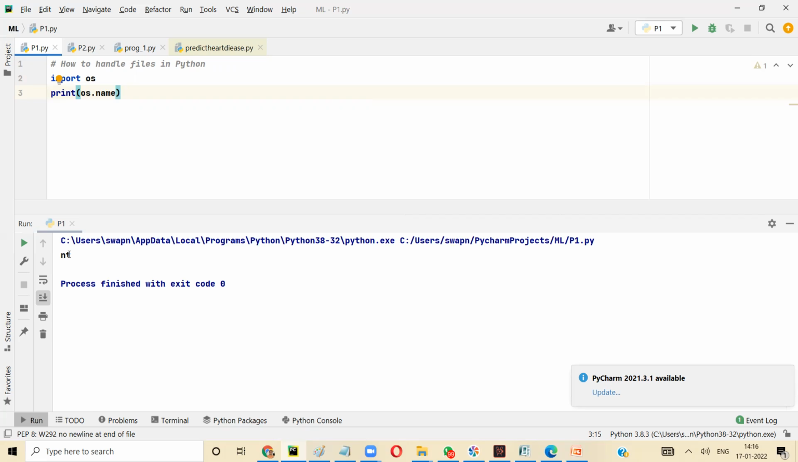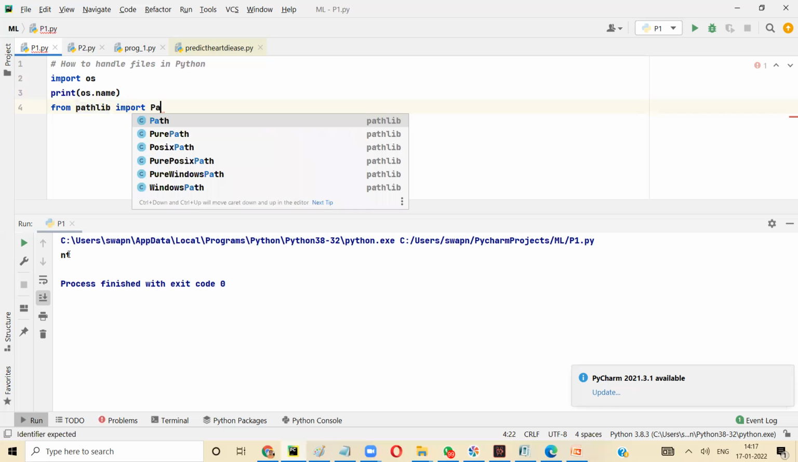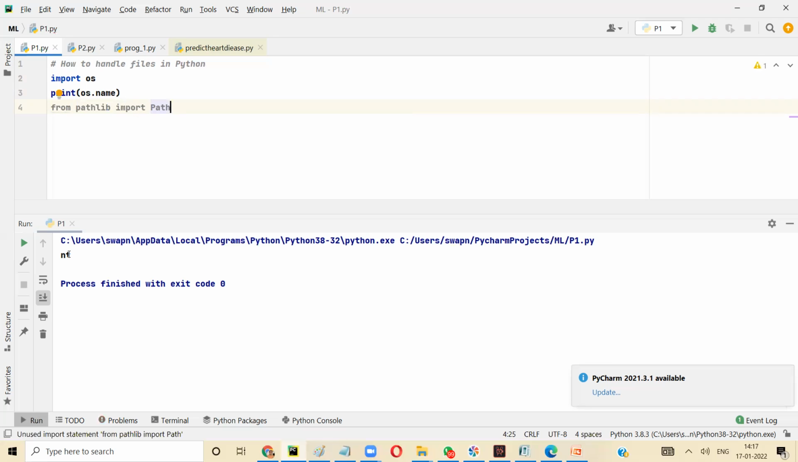Okay. Now, how do we make a directory? Let's say we want to make a directory or we want to read content from a directory. So, the operating system package is used to handle operating system related commands. And then you have something called path. So I'm saying from pathlib import Path, okay, this will help us to